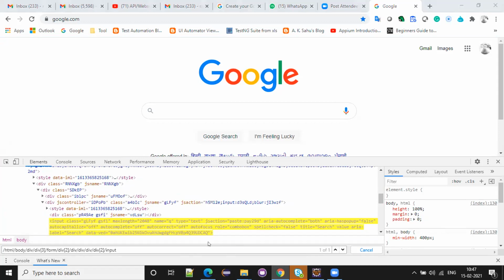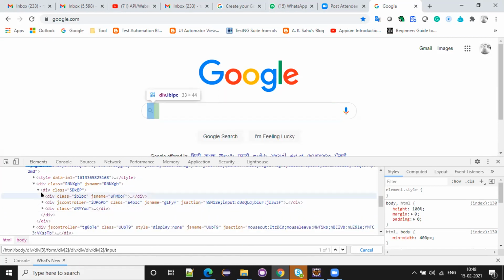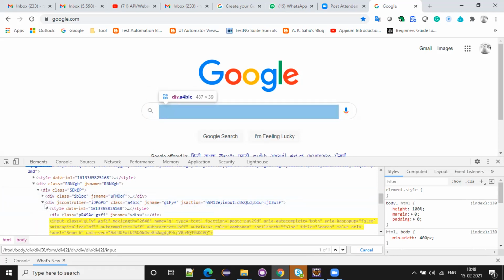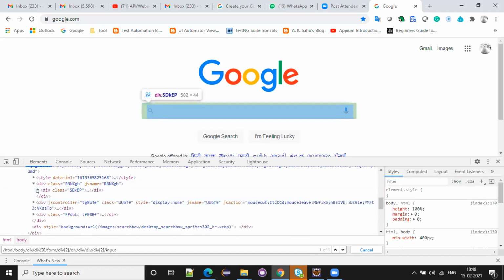Everyone got it? Please repeat once again. Sure, no worries. See, first we need this input box. This input box, where is it? In this div, right? If you click on this one, you can see this div, right? So this div is the second div for this div, right? See here, three divs are there. So this is the second div, so that's why I kept div index number 2. So index number 2, inside this the input is there, right? Got it? Okay, after that, like only one div is there.